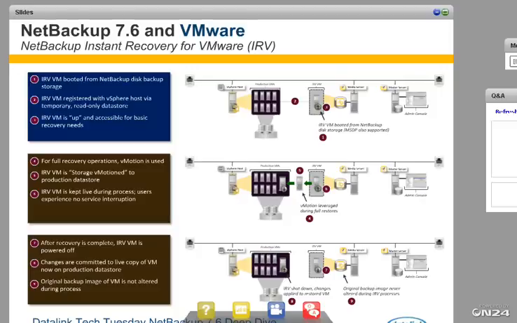But we have the capability of doing a storage vMotion, and we can do that live. So we can move that to our standard production vStore. In this whole process, the VM is live and experiences no interruption. If we had a need for recovery, and we see here at the bottom, the VM can be powered off. Any changes are committed to the live copy. They're now in the production data store, and the original backup image of the VM is not altered during this